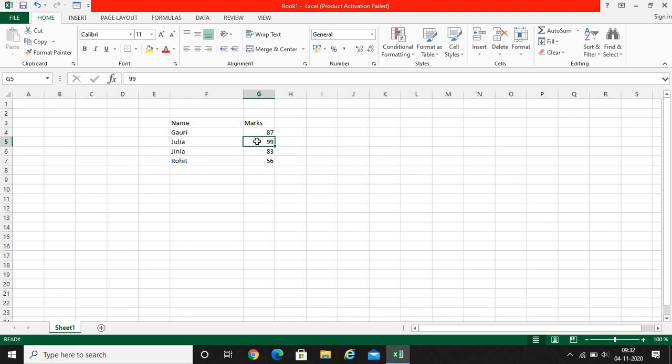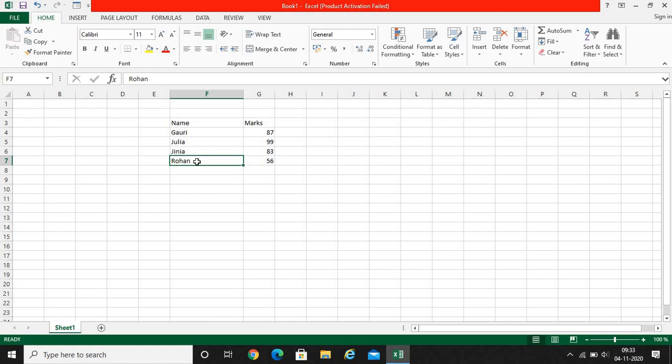And if I want to update it directly, so I want to change the entire name, what I'll do is click on this cell, delete this one, and write over here Rohan. So I have updated the entire cell in this manner. This is the method by which you can change the content of the cell completely.